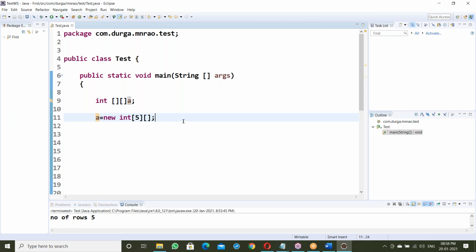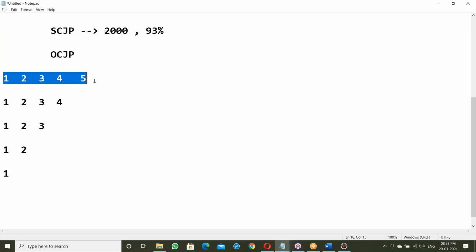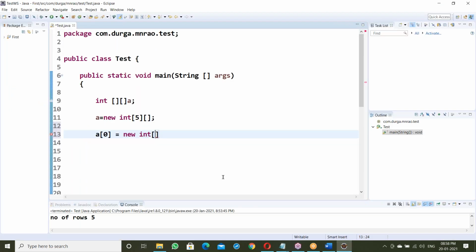After that, next A of 0 is equal to new int of, how many elements are required for A of 0? As per this one, 5. So A of 0 equals new int of 5.